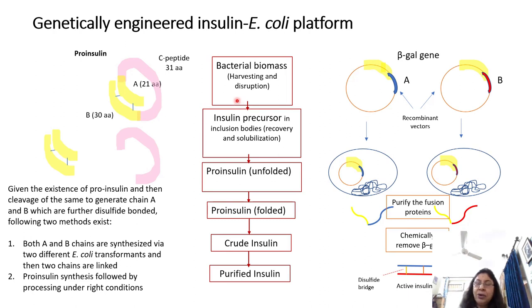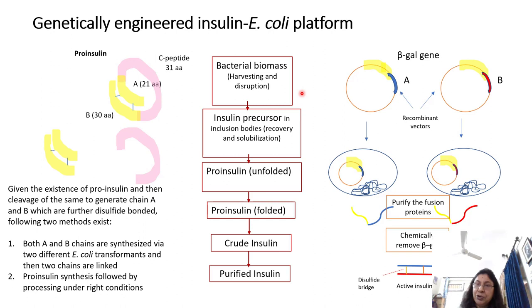the way the recombinant vector is going to be designed is that this recombinant protein, which is your proinsulin, is going to be expressed inside the cell. There is no leader sequence to take it outside. In the case of a bacterium, it could also go into the periplasmic space, if E. coli is a gram-negative bacterium.